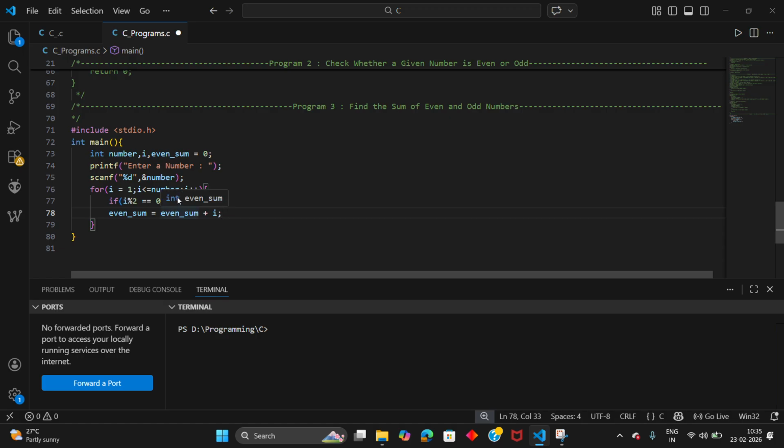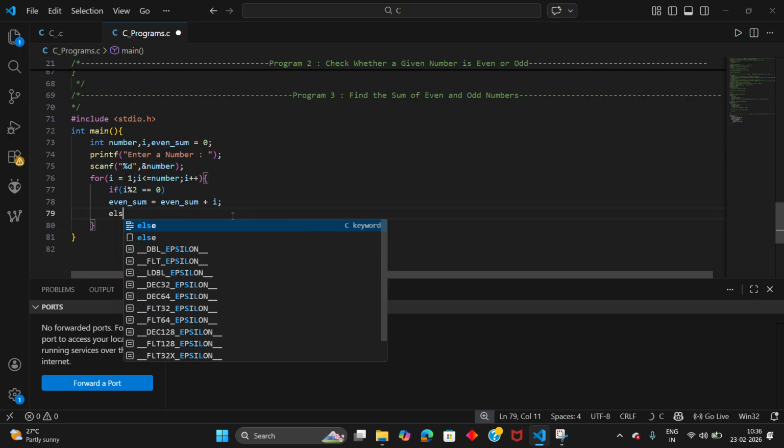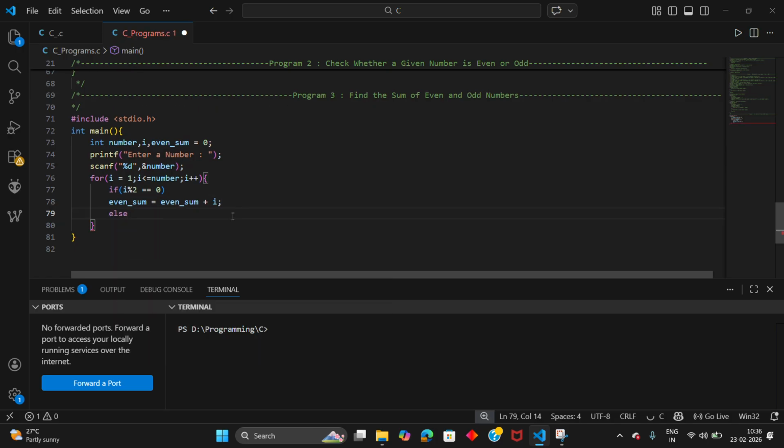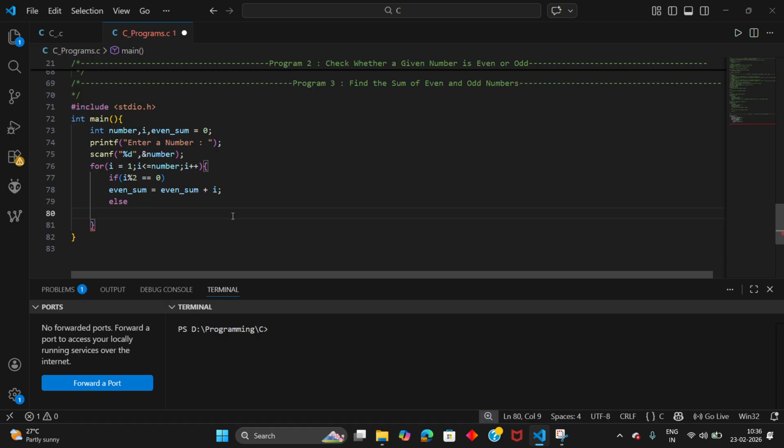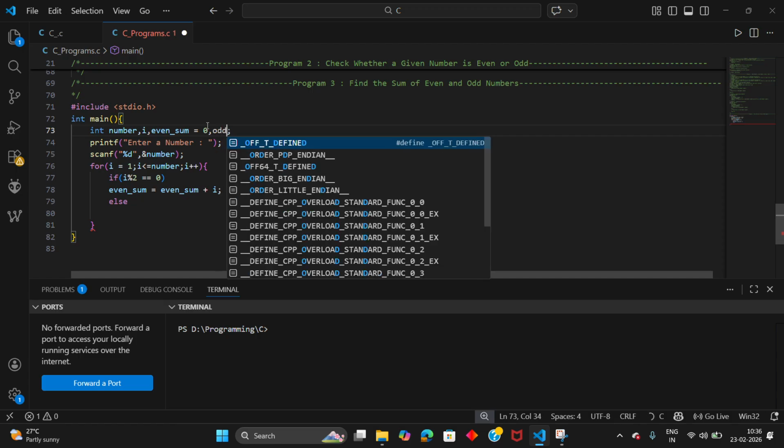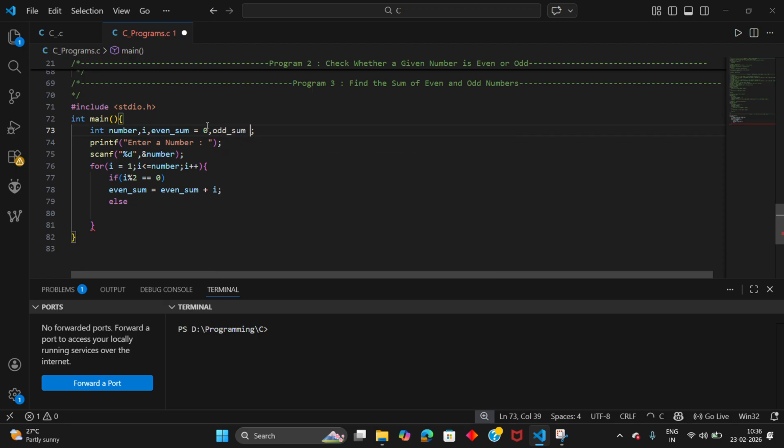So whether you use the braces for the if or not, it's your wish. Why? Because there is only a single statement over here, right? So whether you use it or not, there is no error in it. So else means it's the condition for the odd sum, right? So for the odd sum as well, we need to take another variable, that is odd sum, equal to 0.